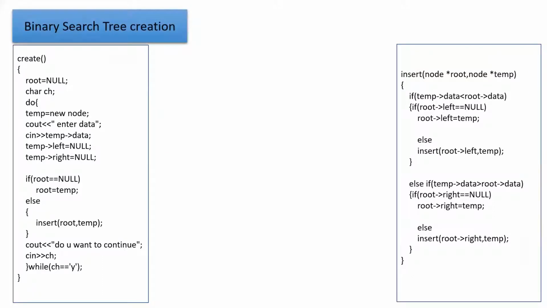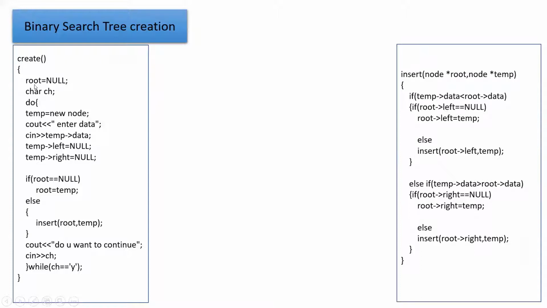If you see, I have written here the C++ code for the create function and the insert function. Because in the create function only, we are going to create the root node, and every time we are going to allocate the memory for the new node. And whenever the root is already created, the second time we want to insert a new node into the tree, we give a call to the insert function. So this is the definition of the insert function. First, we'll see the definition of the create function.